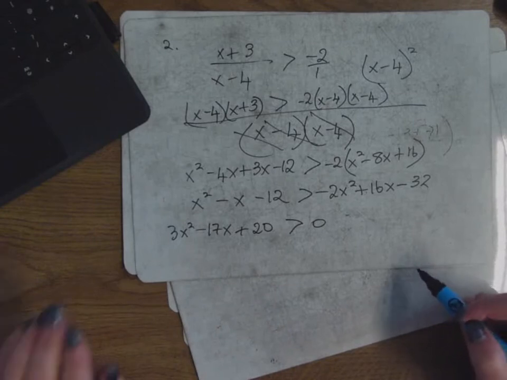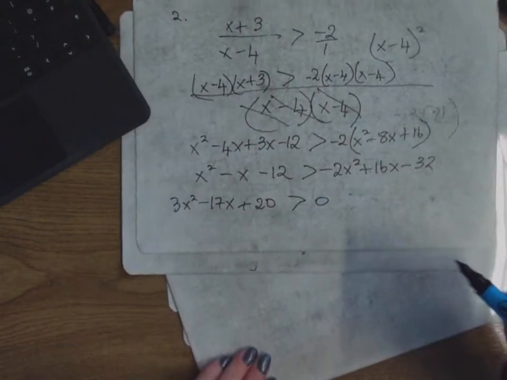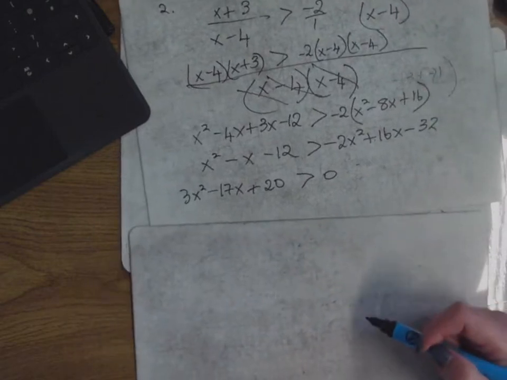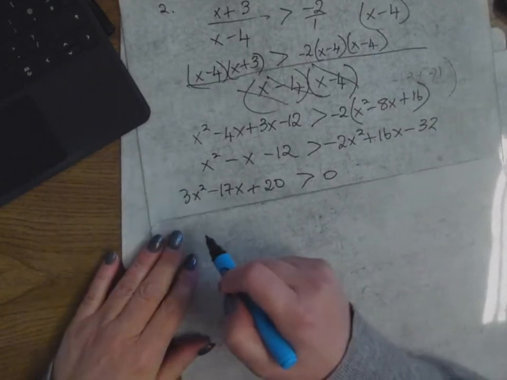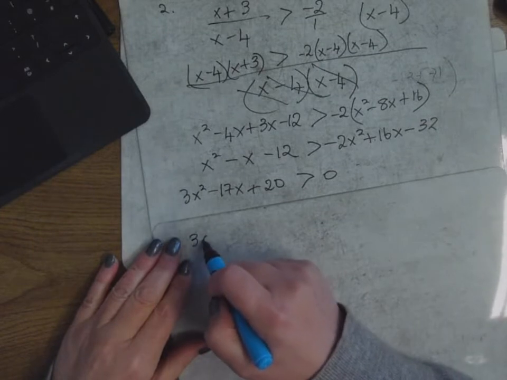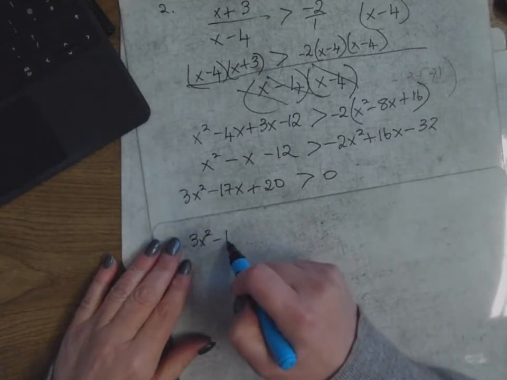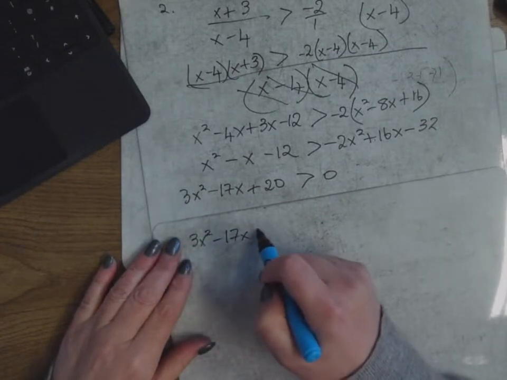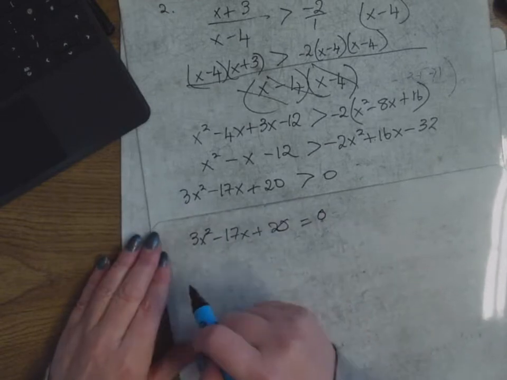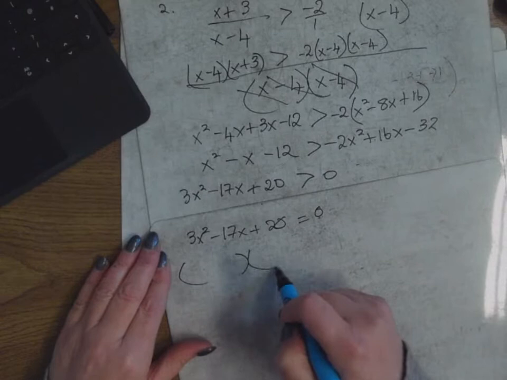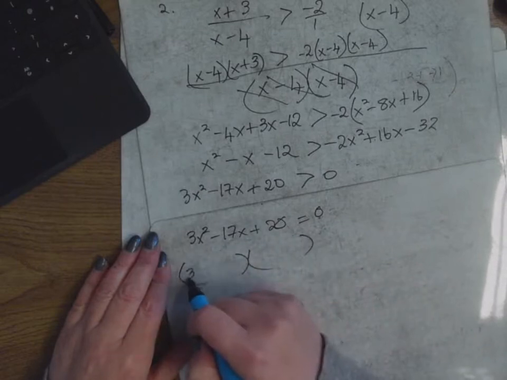Remember those? So in order to draw the graph, you know it's going to be U-shaped. You need to know where it cuts the x-axis. To find out where it cuts the x-axis, you factorize and let it equal 0. So you let it equal 0 and you factorize. So we have two sets of brackets, 3x and x,